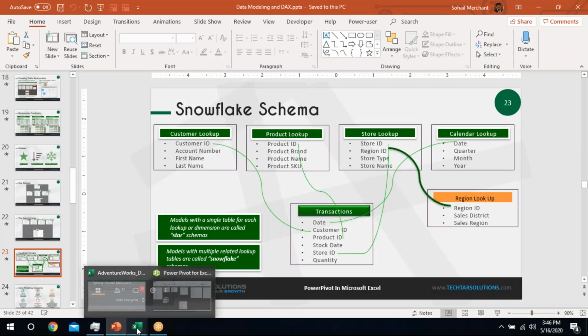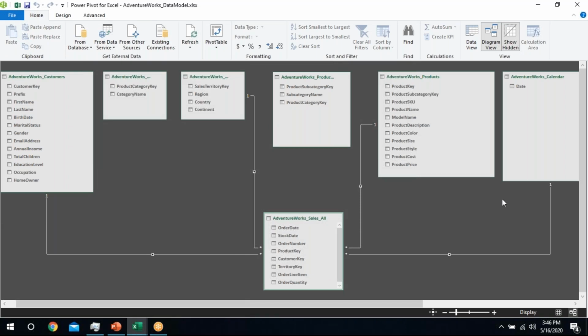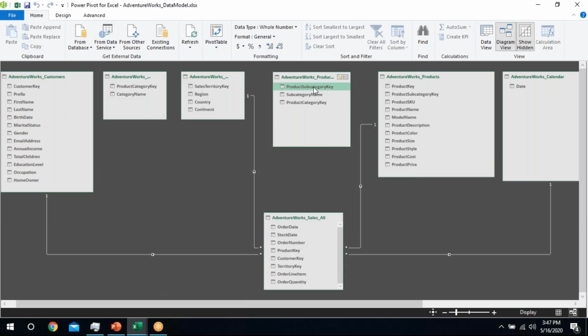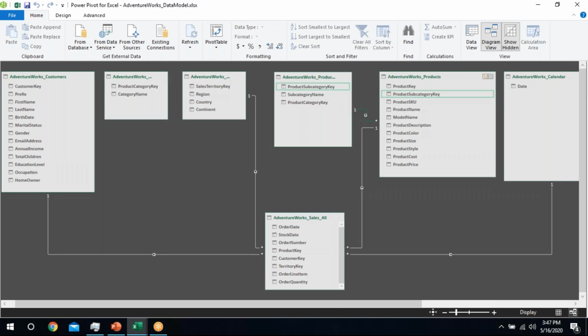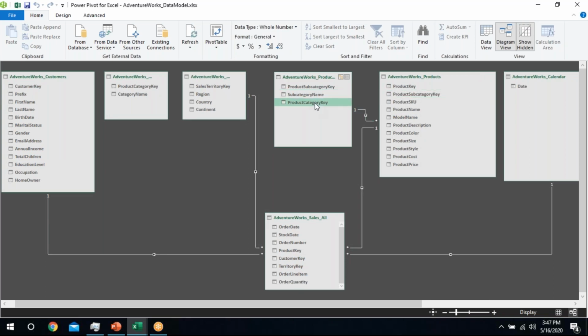So back to our model, we have product subcategory key which can be connected to this, hence the relationship is established. Okay, similarly we have product category key which can be connected to this.